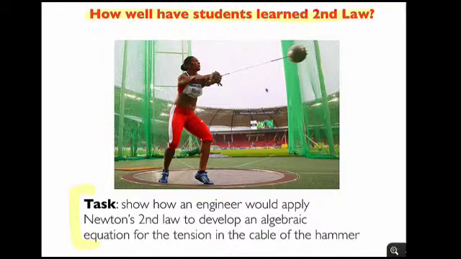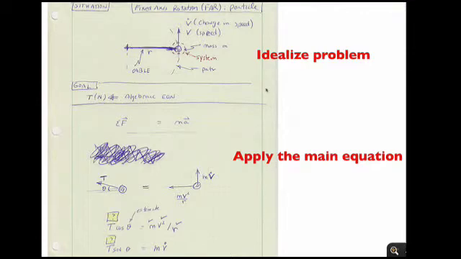And so the basic task is given here. And of course, the second law is super important in engineering. So I went over the problem in class, and there are two key things that one has to do. One, idealize the problem, and just take that hammer and make it a particle rotating in circular motion, and then apply F equals ma. So start with the sum of forces, draw a free body diagram in the usual way, and